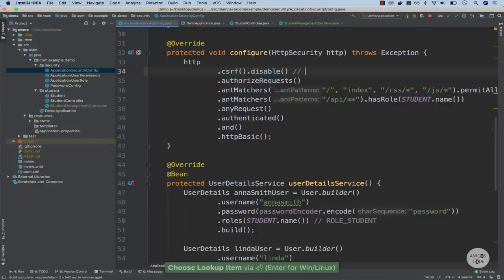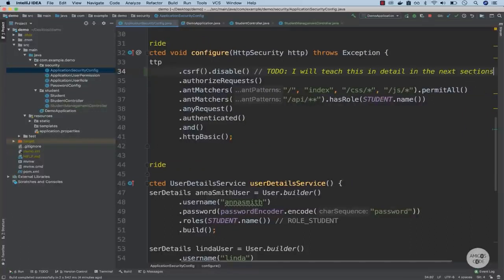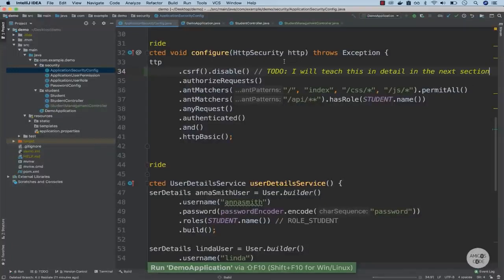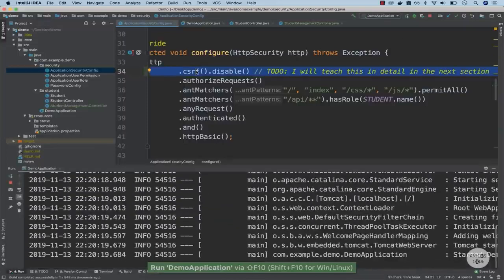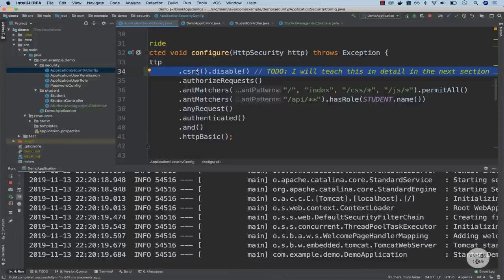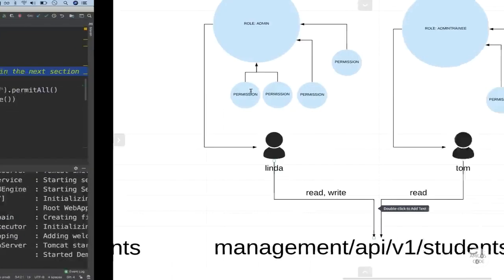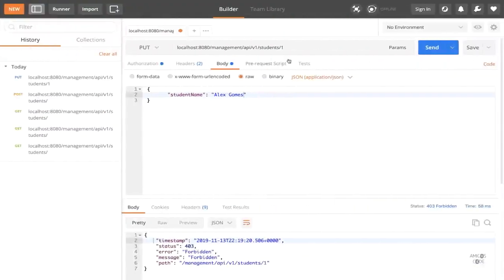And let me just add a to do here. So, to do, and then I will teach this in detail in the next section, just like that. So now restart the server, and again, I'm going to explain this because this is really important and fundamental, and you must know exactly how this works. So for now, just ignore this line and go back to Postman,